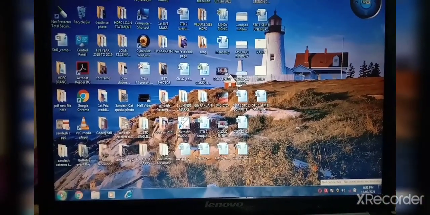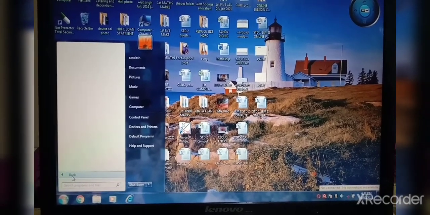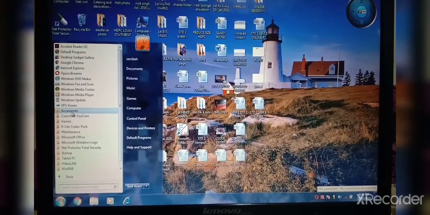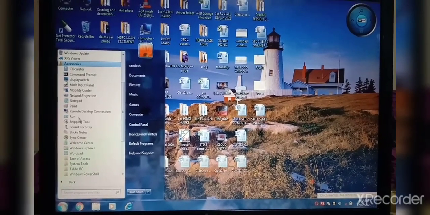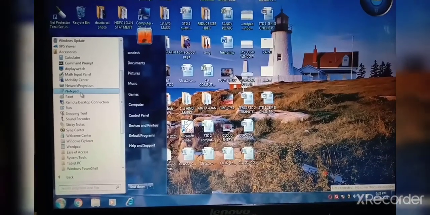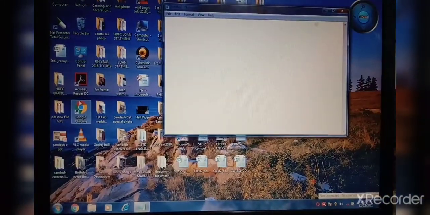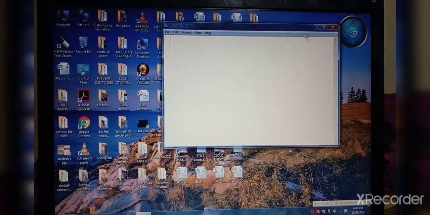This is the start button. Click on All Programs. In All Programs there is an Accessories folder, and in the Accessories folder there is Notepad. Click on that Notepad. See, this is the Notepad window.